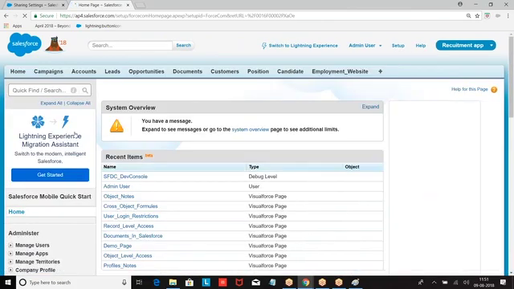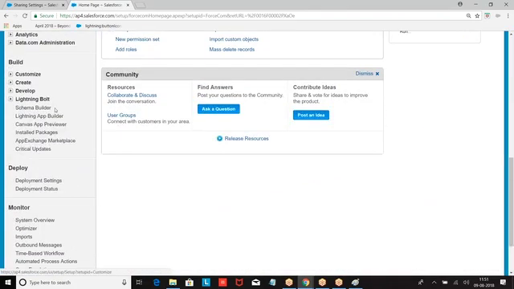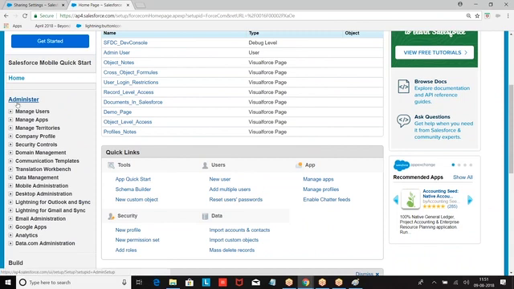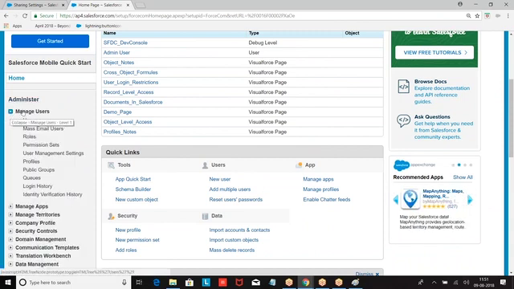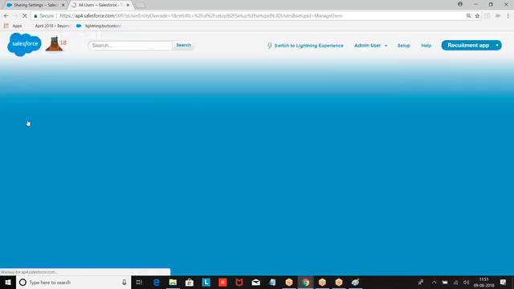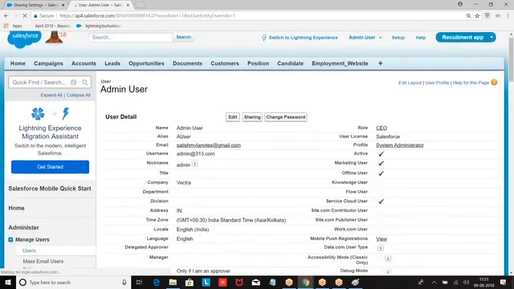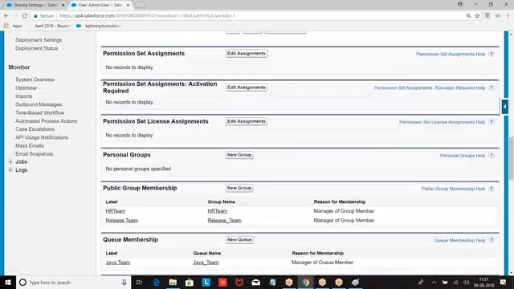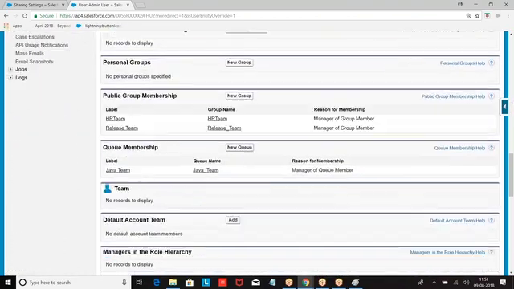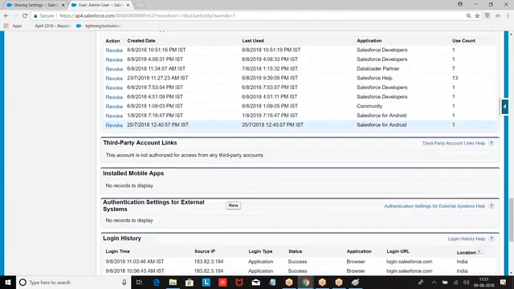Setup, administer, manage users, go to the user, scroll down. What do we have? Account default teams.